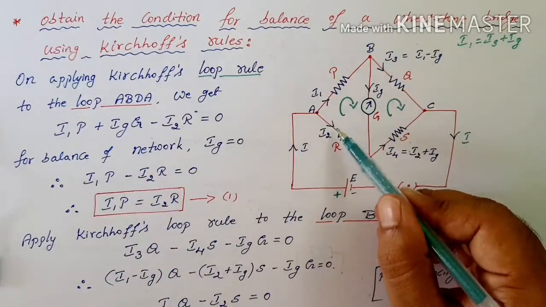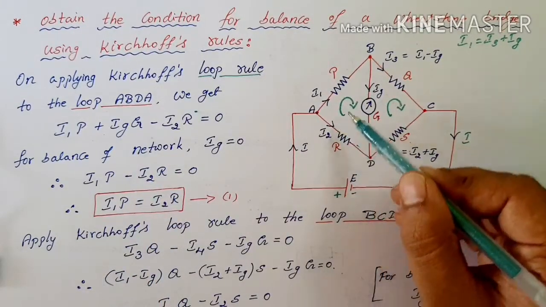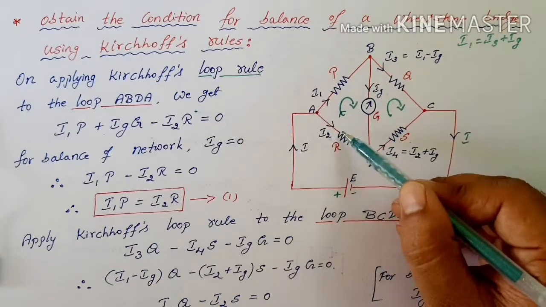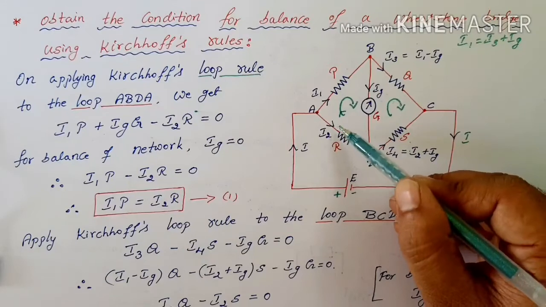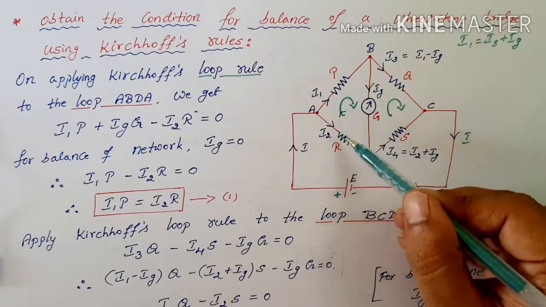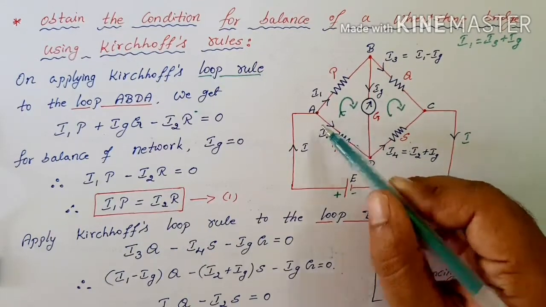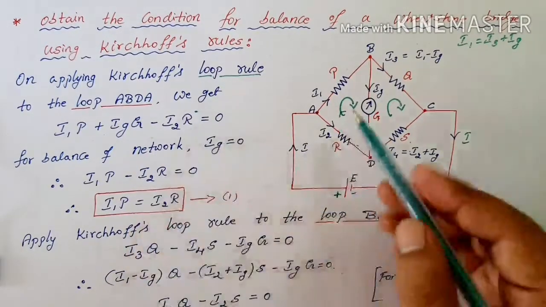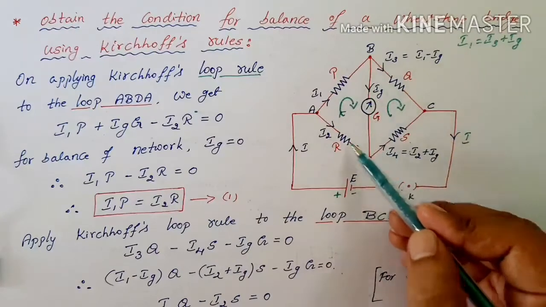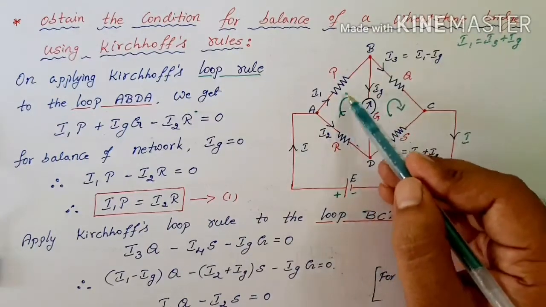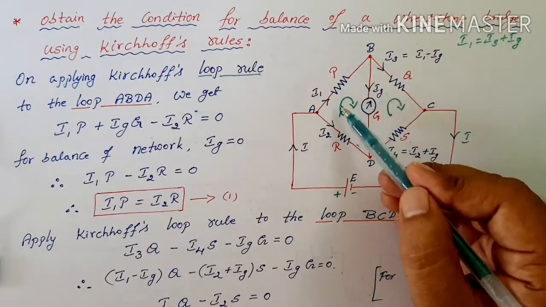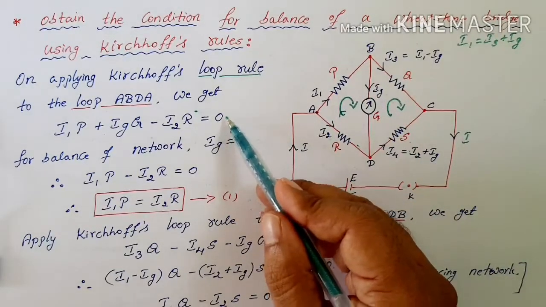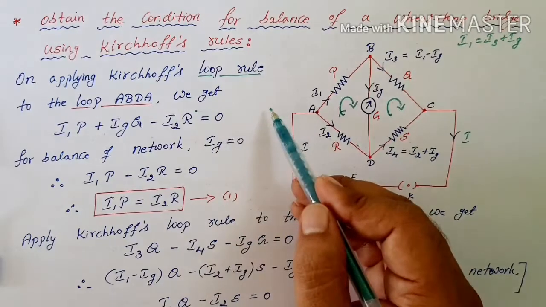Now observe the I2. I2 is in the opposite direction. Observe this direction is upward, and it is coming downward, right? So these two are in opposite directions. Hence take this product as negative, minus I2R. And in this mesh that I selected, ABDA, there are no cells connected. There are no cells and there is no EMF. That is equal to 0, you write.